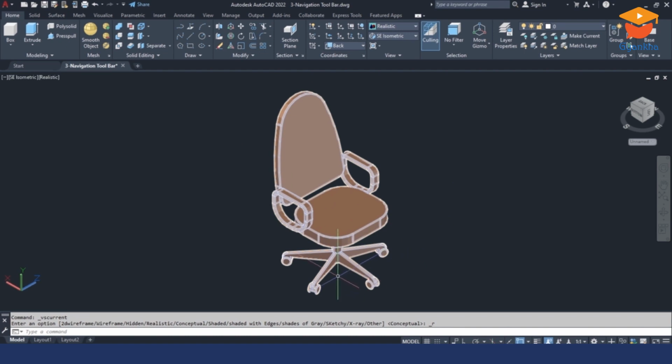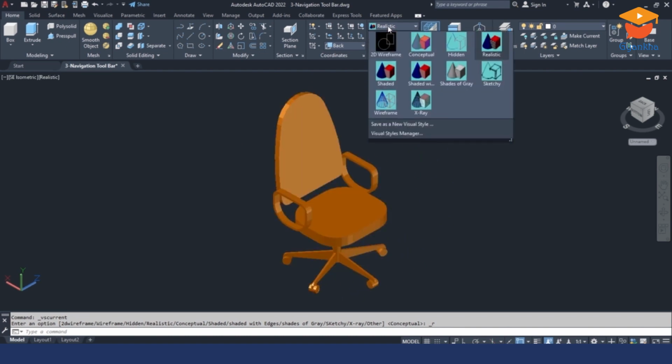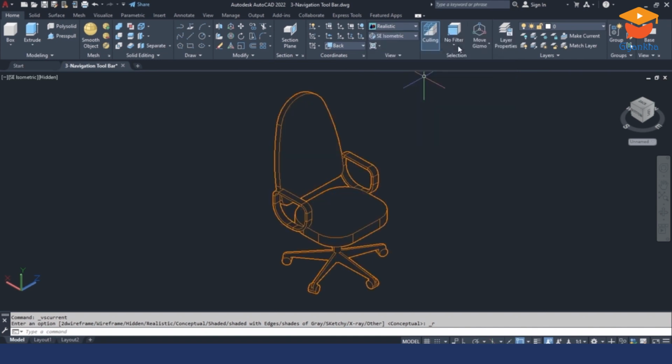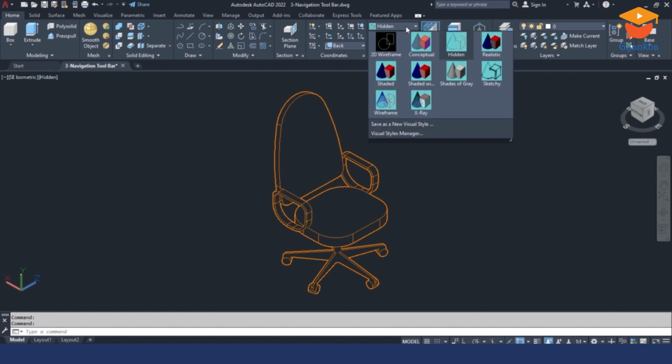The same visual styles are available here also. You can see lots of visual styles available. You can select any style. I just select this hidden. Now this is the hidden visual style, and using the visual style manager, you can create your own